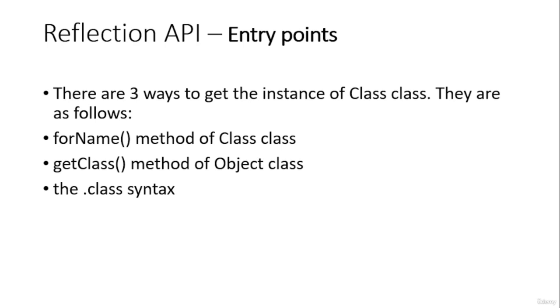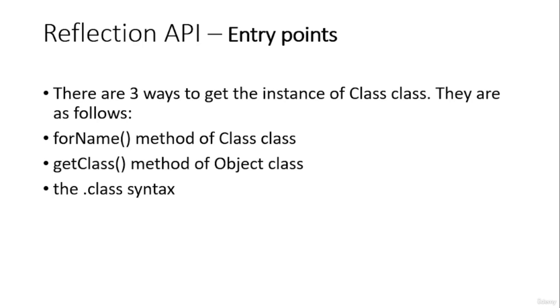We discussed the Object class methods in the Object class session. getClass will return you a class object. By using the class object you will be able to access all other members in the class. The next is using the .class syntax, which allows us to directly get a class object, and we will be able to modify the runtime and monitor the behavior of the particular class. So this is about Reflection API.